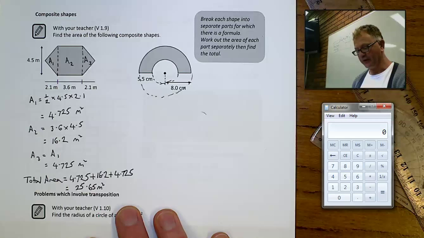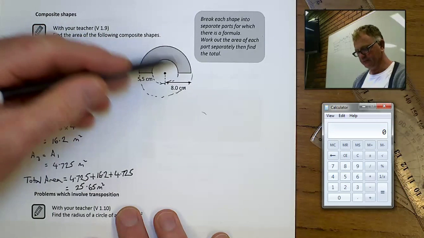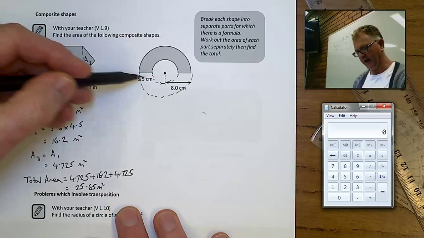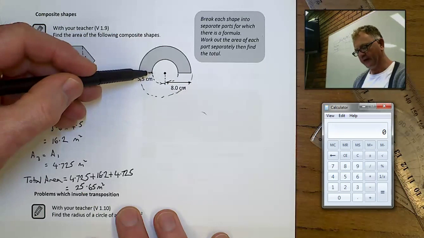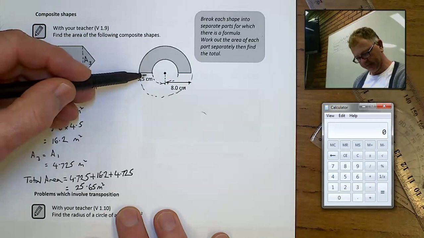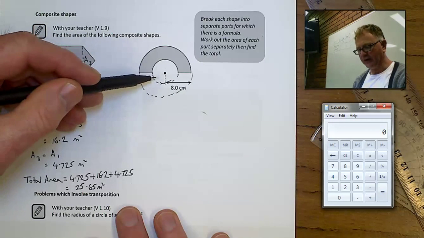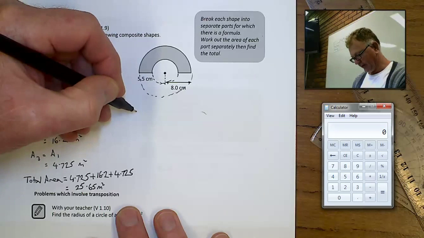One way we could work it out is work out the area of this total full circle and halve it, then work out the area of this small circle and halve it, and then take away the two areas that we've got. So you could say the area